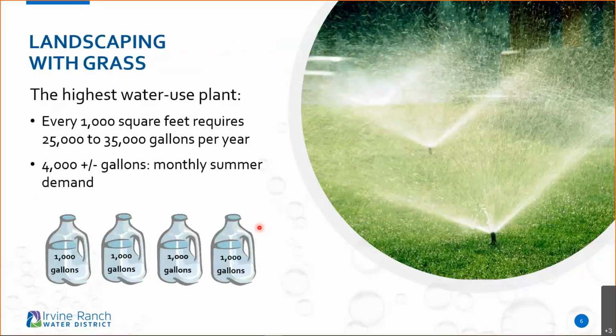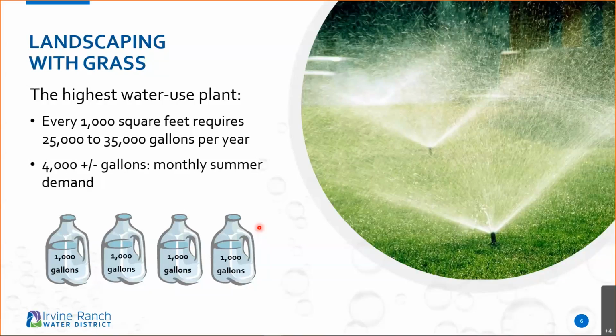Wow, look at these numbers, you guys. So we're going to look at water use. A typical grass area, like a tall fescue, Marathon area: for every 1,000 square feet of tall fescue grass per year, it consumes around 25,000 to 35,000 gallons of water. That's a lot of water. Once we start getting into those summer months, once it starts to heat up, we can be using as much as 4,000 gallons a month for just that little 1,000 square feet of grass. These numbers are right around what you're going to use, plus or minus a little bit, but it's kind of on average.